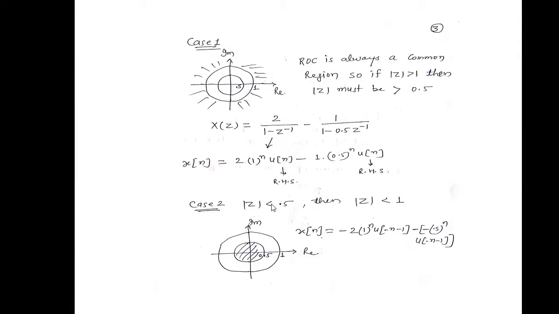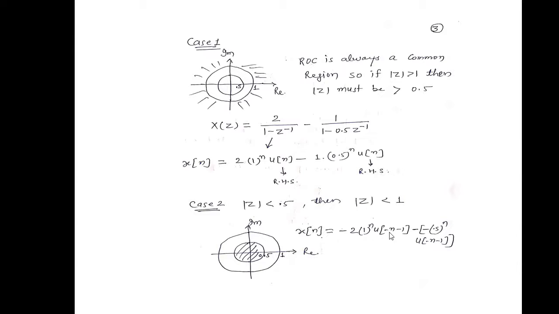Okay. In the second case, when ROC is less than 0.5, then definitely the second ROC which is associated with this 1 must be less than 1. Then we can have the common region inside this circle. So if ROC is less than 0.5, then it must be less than 1 also. So finally, if both the ROCs are left sided, then common region is inside this 0.5, and the final signal will be the left sided signal, and left sided signal is always defined by u of minus n minus